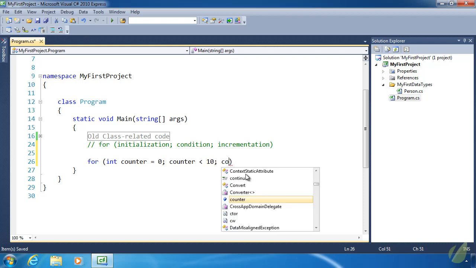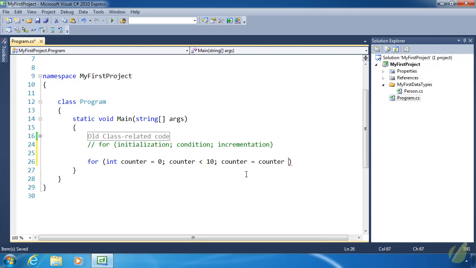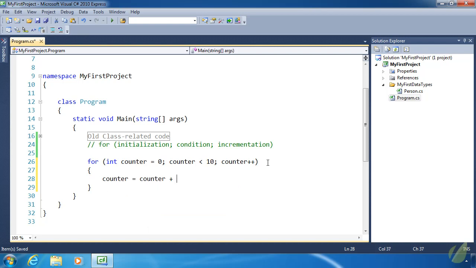And we need to increment our counter. Now we can do that with counter equals counter plus 1, but there is an operator called the increment operator that we can use, and that is plus plus after the variable name. Now before we go on, we do need to talk a little bit about this increment operator, because it does essentially mean counter equals counter plus 1, but there is some, you might think, irregular behavior the first time you deal with the increment operator, and it's not just a C# thing, it's just about every other language that has